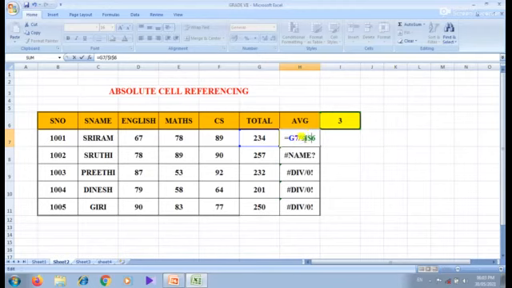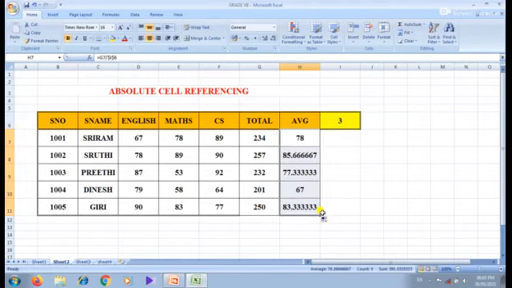So I used a dollar symbol in front of the column as well as in front of the row number. Now when you press the enter key, we will get the answer 78. Now you can copy this formula to all the cells. You can get the correct average value.